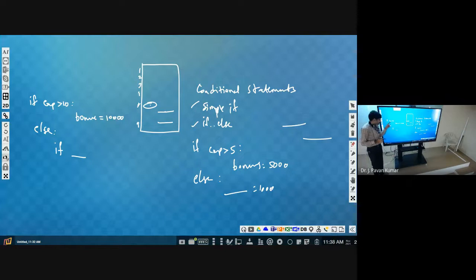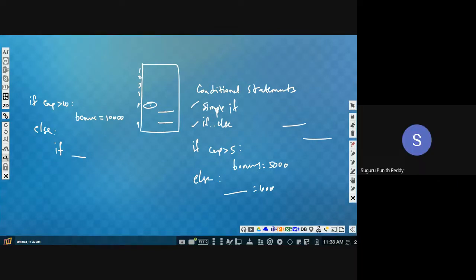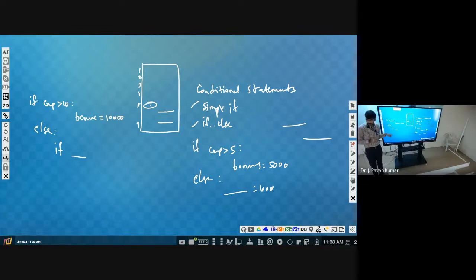It is false in the sense that it comes to else. So whenever it is false, it is evident that experience is not greater than 10. We need not check that. Greater than 5: if experience is greater than 5, then the bonus is 5,000.